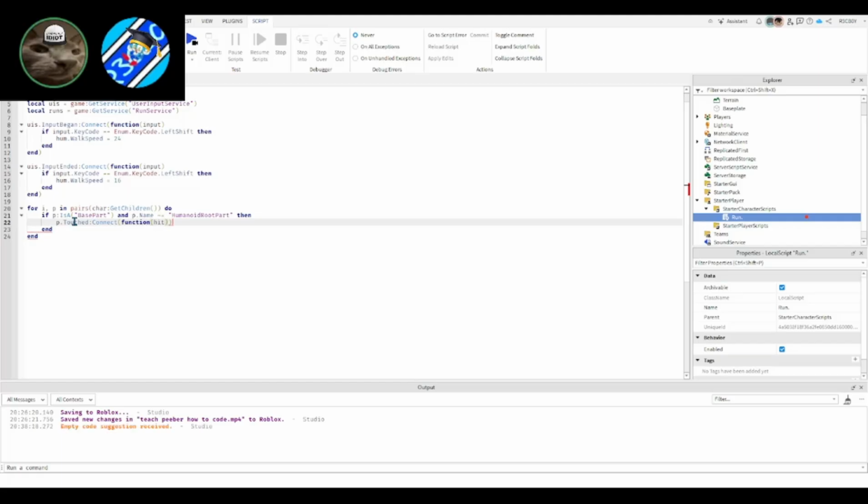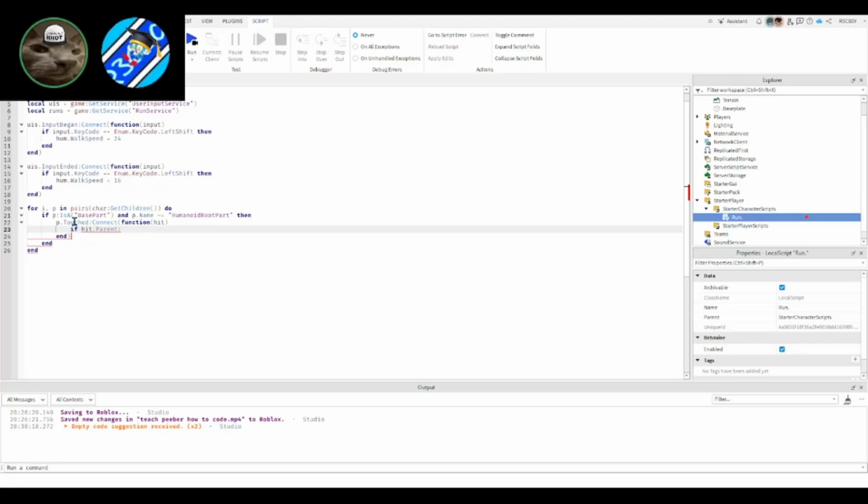And then you can just delete that last bracket and then take a new line. So then type if hit.Parent colon